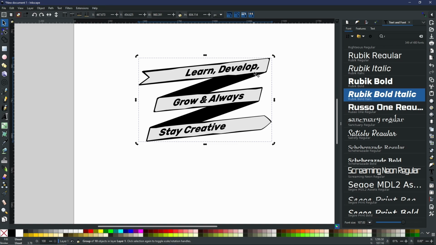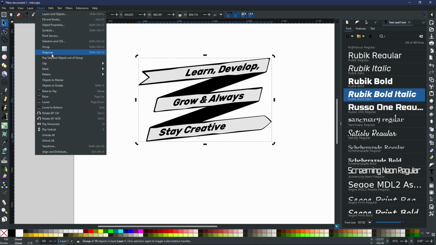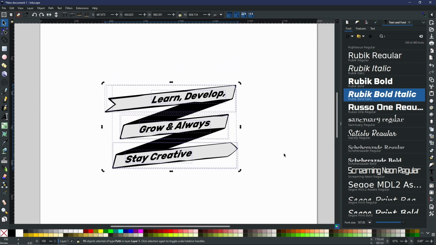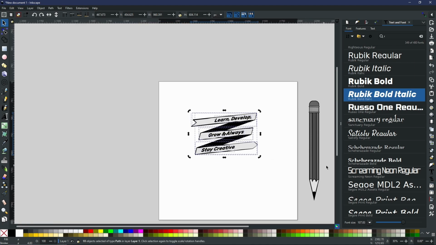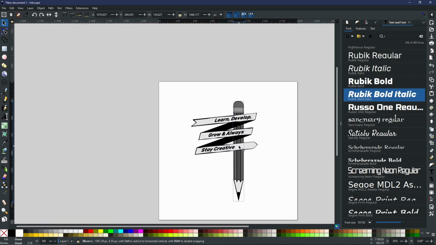But first we're going to need to ungroup everything again. We can do that by going back to Object and Ungroup, and now we come back to our pencil. Now the pencil is going to be slightly rotated as well. So I'm going to select this, get it pretty central, and then select it again and rotate it slightly